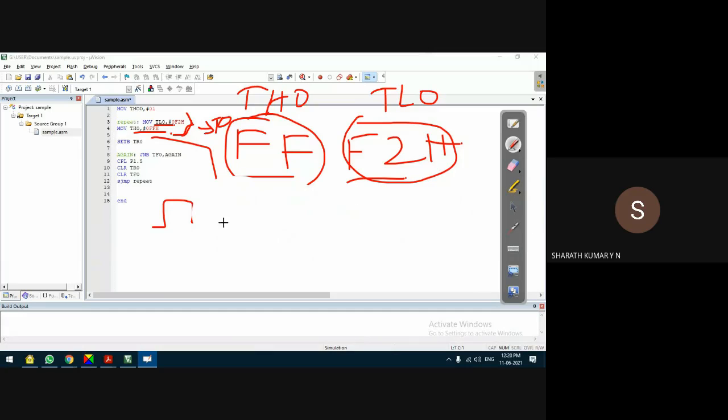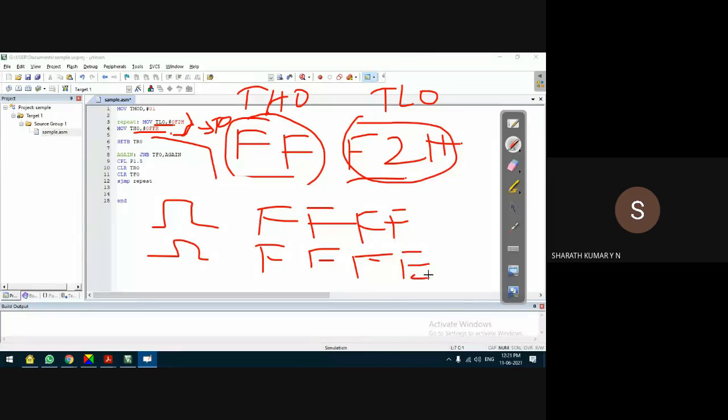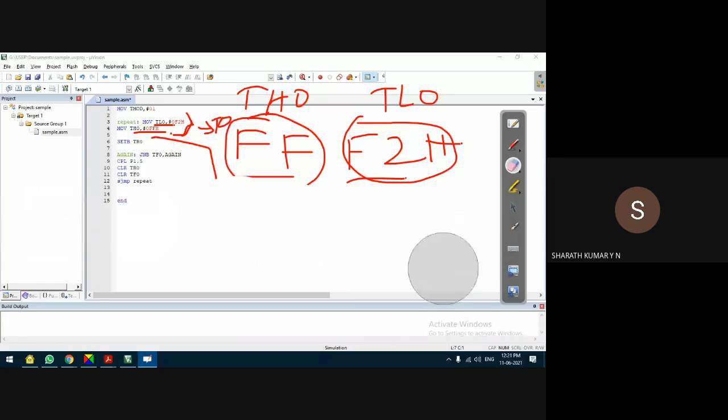On the application of clock pulse, the timer count increases, it always increases, it doesn't decrease. It cannot be like we start with FFFF and on the application of clock pulse the count decreases. In the 8051 based microcontrollers it's always count up, that is, we always count in the increment fashion, not in the decrement fashion.